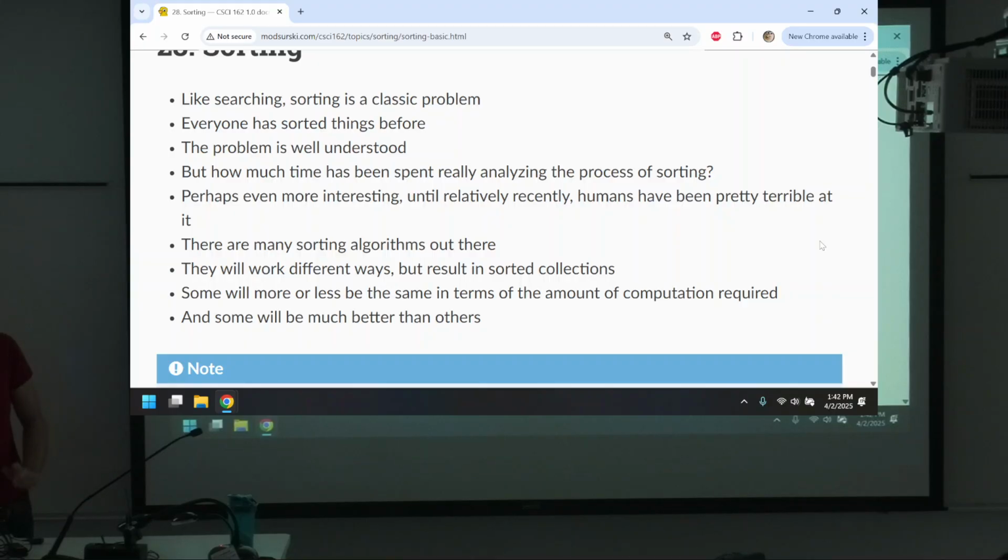But it turns out that, now, maybe in the past, people have sorted things in a really clever way. But it wasn't until not that long ago that we came up with better sorting algorithms. Or at least they were formalized. It seems like we've been sorting things terribly for millennia. Which is wild to think about, that, really, isn't sorting a solved problem? Well,